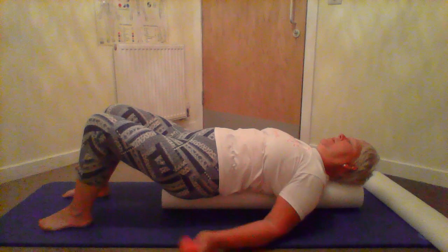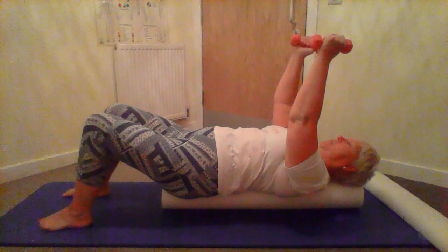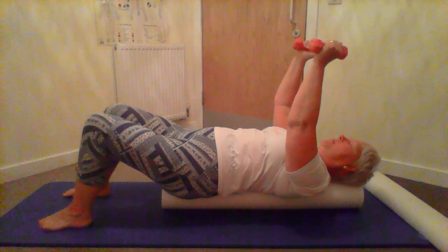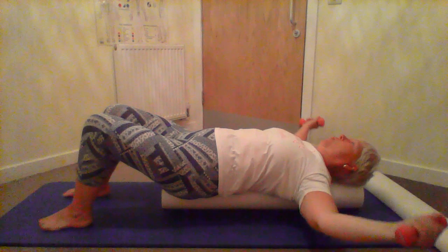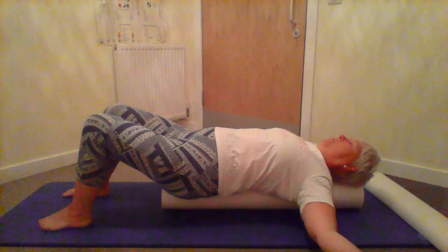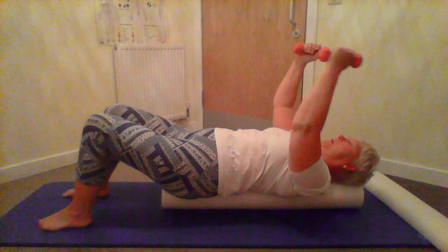Okay, so now I'm going to use the little weights. I'm going to try and keep the roller still and take the arms up in front. So we're going to open the chest up a little bit more. Now one reason why I've gone onto the bigger roller is because as I open the arms, I can go wide. So I'm going right down to the floor, hold, and then float them back up in front. Firm pressure through both feet